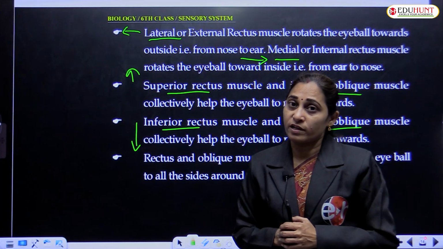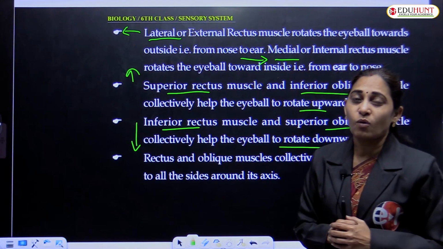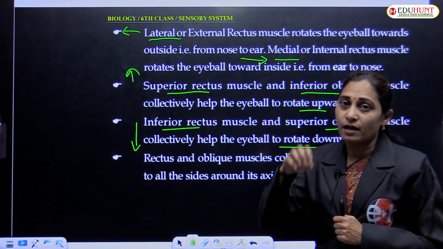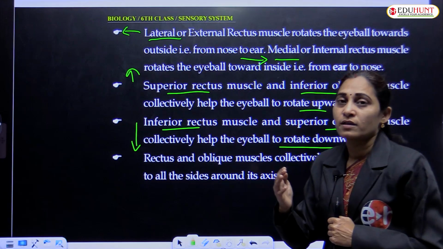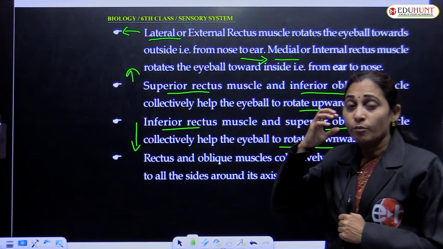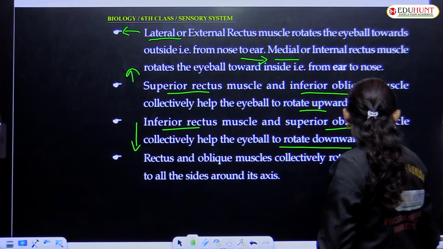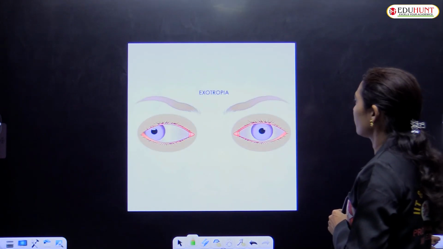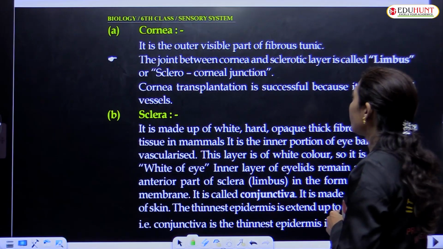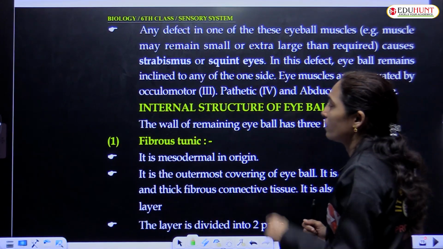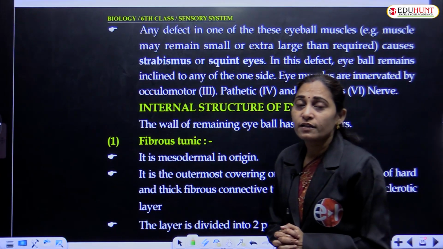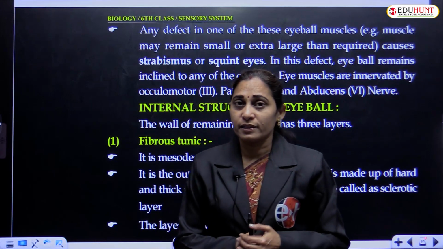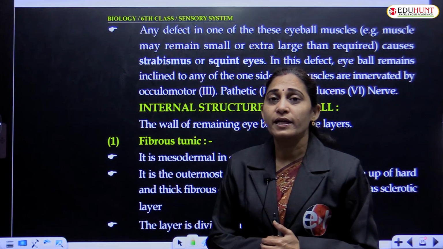But in the case of squint eye, what happens? What makes the position of the black part of the eyeball shift to one direction? That is, their movement is restricted. So what makes this restriction? Yes, it is a kind of defect in the muscle. If the muscles are abnormal, that is, if they are shorter than the normal length, or sometimes extended,